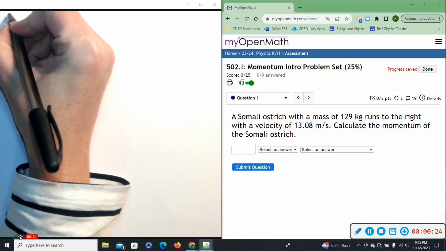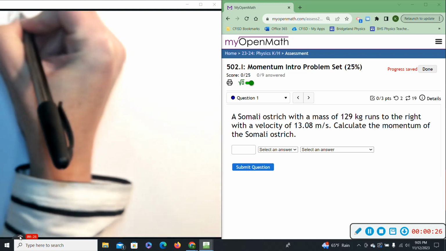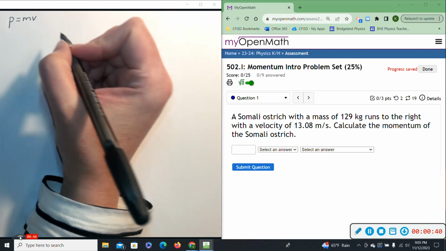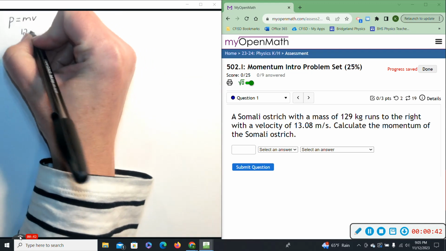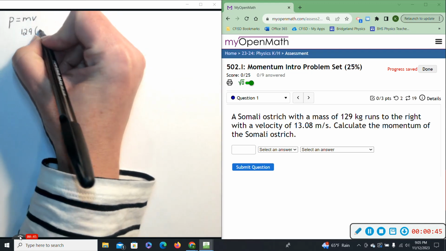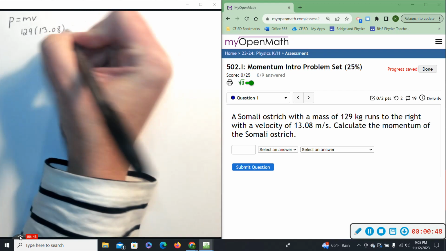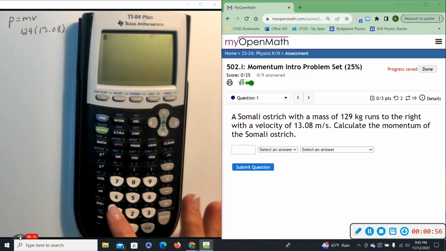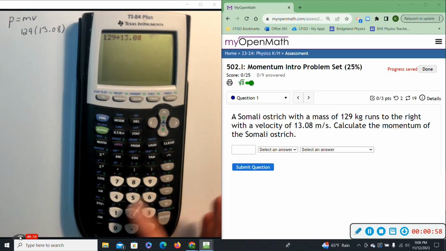So our equation here for momentum, p equals mass times velocity. That is the formula that you learned for momentum as we started this unit. When you read the question, we have both a mass and a velocity given to us, the mass here being 129 kilograms, and we're multiplying that by the velocity, 13.08. And so that's what you're going to do in order to calculate the momentum of this ostrich, is simply multiply those two values. 129 times 13.08 gives me a momentum of